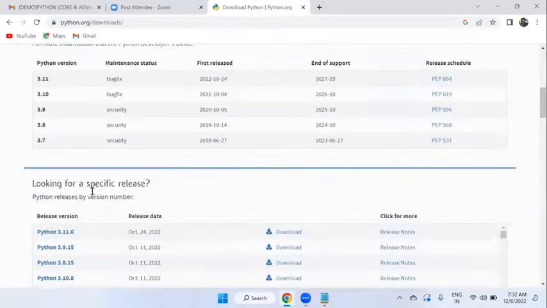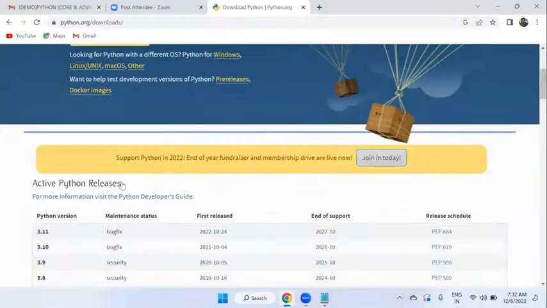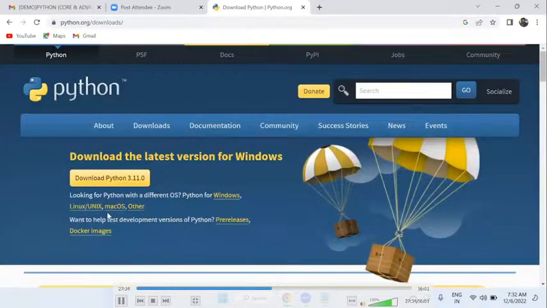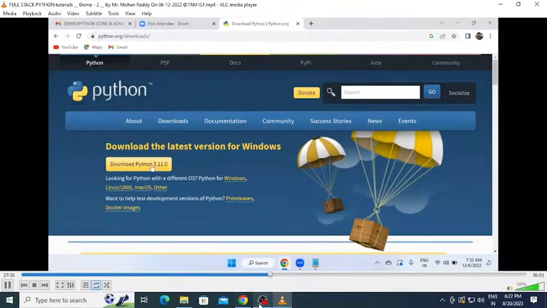3.11.0. And moreover, Python is completely cross-platform, as I said, which means it runs on Windows, Linux, Unix, macOS, and others. So if you want, you can download